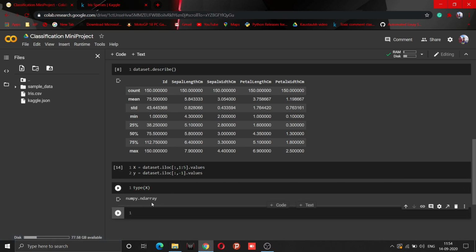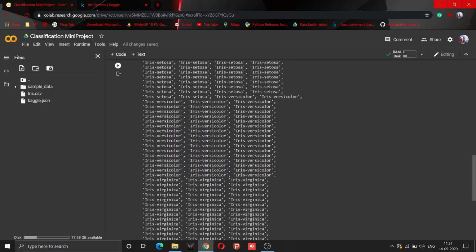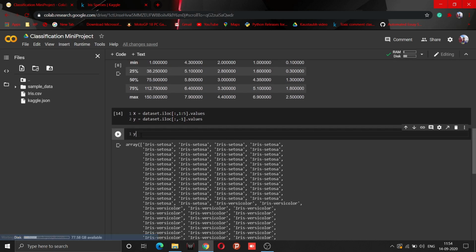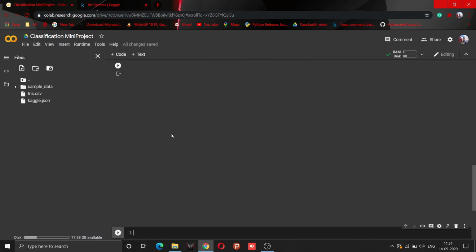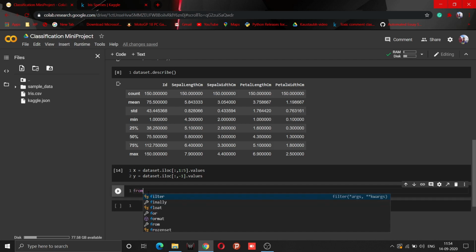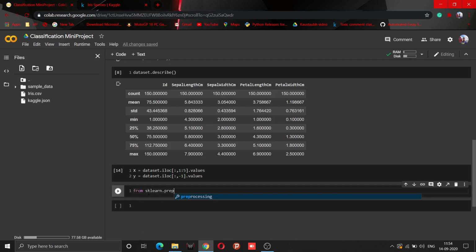Now you can see that it is a NumPy array now. So now we can move forward with our further steps. As I told you earlier, our y is a categorical value, so we need to convert this y into a numeric value. For that, we can use label encoder. I had told you in previous tutorials also, we can import from the sklearn.preprocessing module